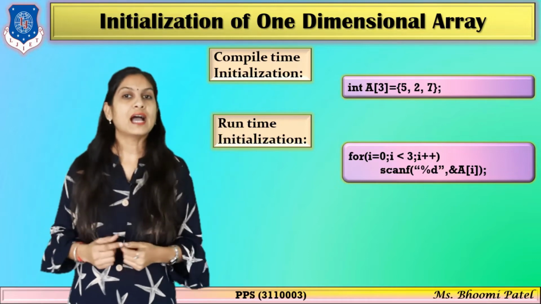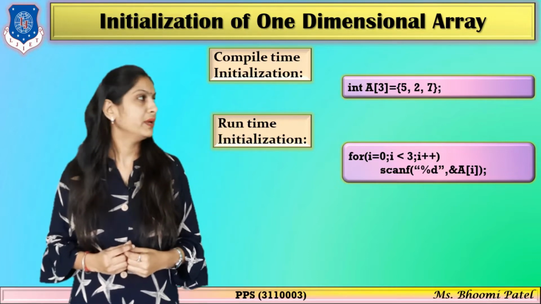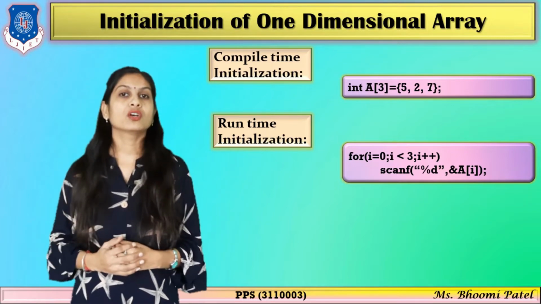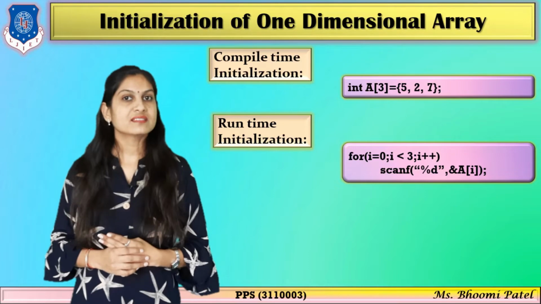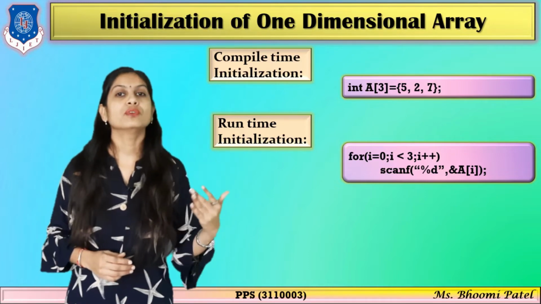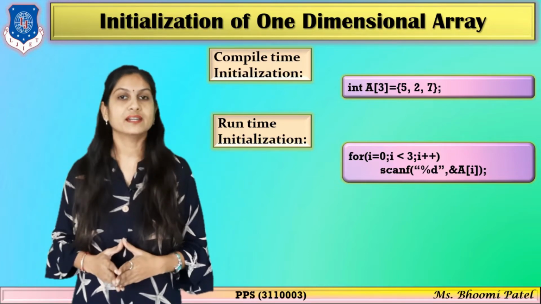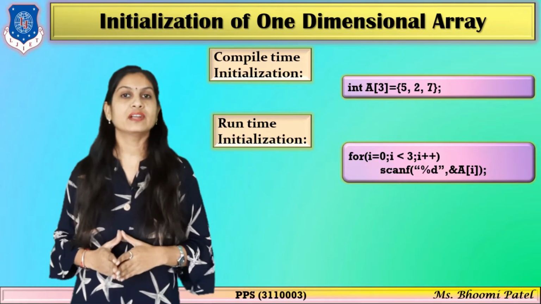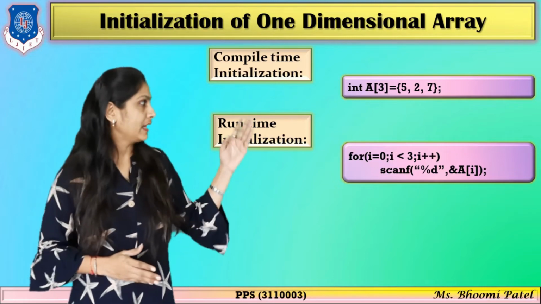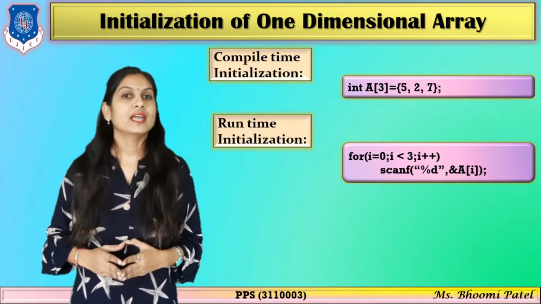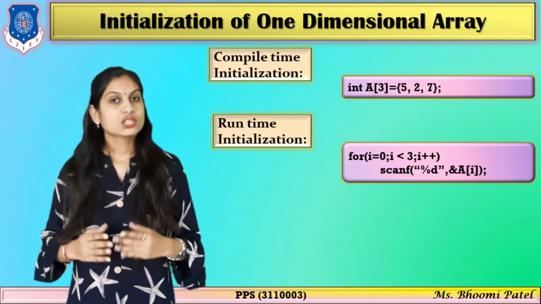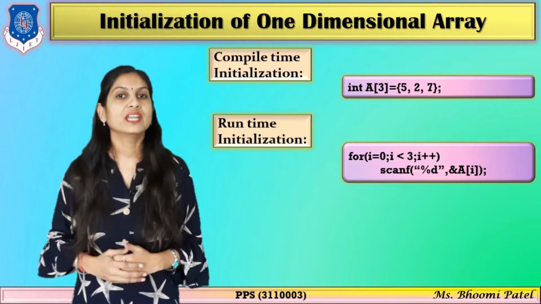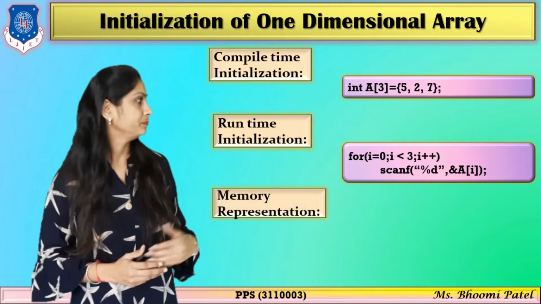So here i = 0 will be present, and then after that the condition, that is i less than 3, because the total number of elements is 3, and for that we have to increase our index, that is i++. Inside this for loop we have to write the printf and scanf functions, like scanf("%d", &a[i]). So one by one a[0], a[1], a[2] will be stored in our particular array.